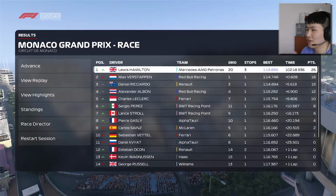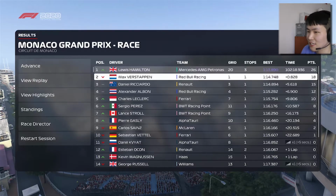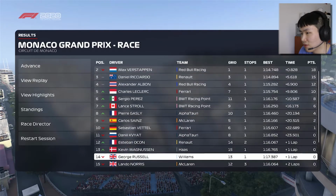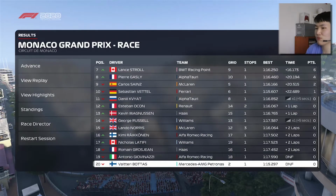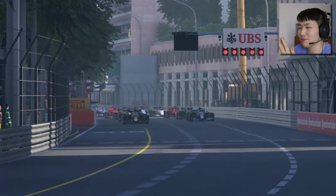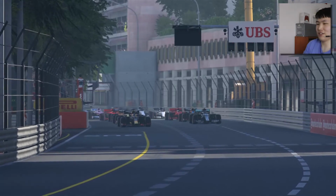Verstappen in second, Ricciardo in third. Albon, Leclerc, Perez, Stroll, Gasly, Sainz, and Vettel round out the rest of the finishing points positions. Kvyat, Ocon, Magnussen, Russell, Norris, Raikkonen, Latifi, Grosjean, and Giovinazzi round out the rest of the grid, with Bottas not finishing the race. Finally, we completed a last to first challenge in Monaco and a 100% race in Monaco,